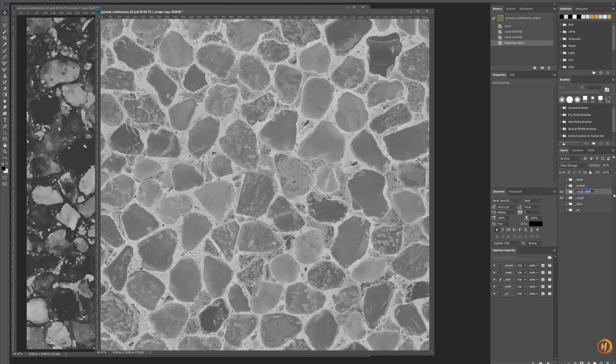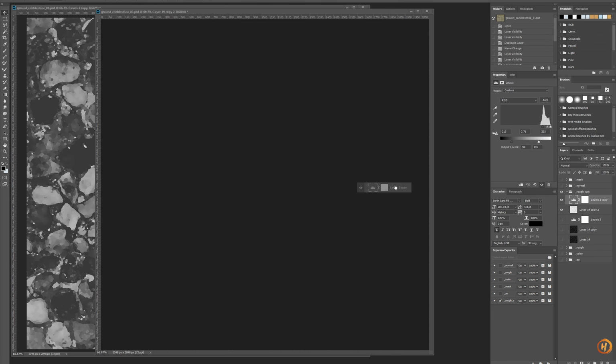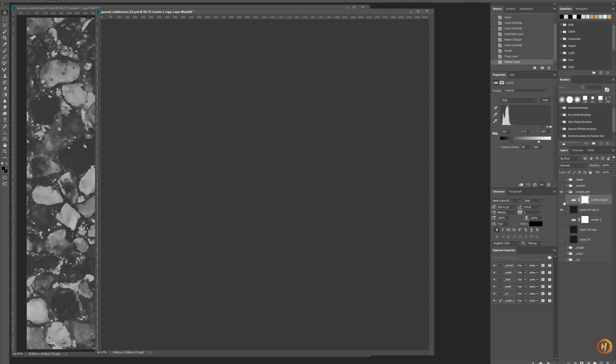So I open up my other texture, and same thing, duplicate my roughness and call it rough wet. On the exporter, I'm gonna call it exactly the same thing, rough wet. So you just need to select the correct folder and click on the export button on the bottom when you're done with it. So same thing,